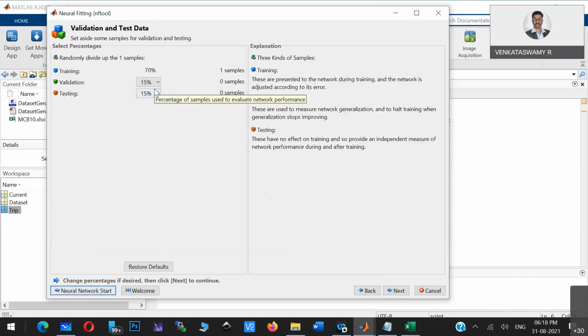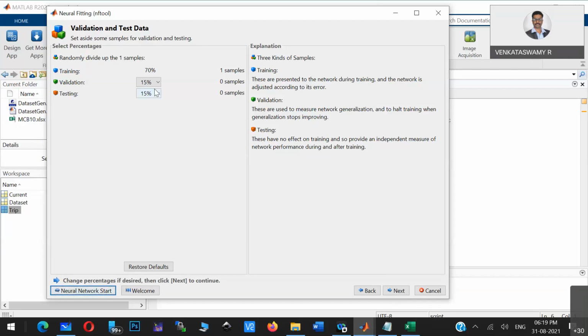Now here, one thing you have to understand in all this training system: whatever data set you provide, only some percentage of that particular data set will be used for training, and random records in the same data set will be used for validation and testing. The validation data and testing data will not be given when the training is happening. Only 70% of the records or content will be given for training.